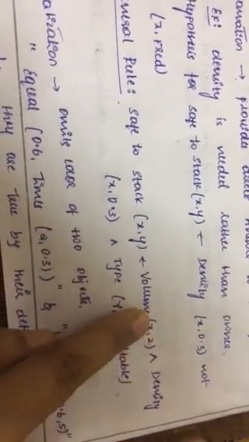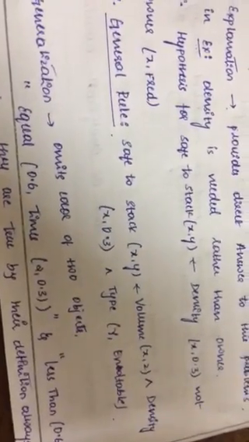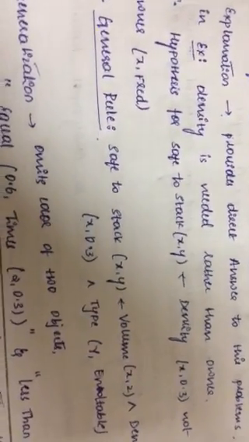What is x? X is nothing but object 1 and y is nothing but object 2. Volume. So we know that here I am finding out the lighter object. That's why I have considered volume, density and type. I have not considered who the owner is, and I have also not considered the color. So that's why the most general rule will become x comma y.